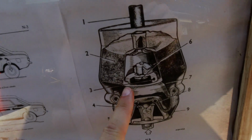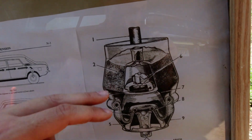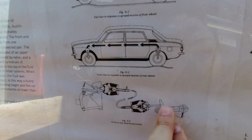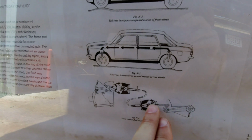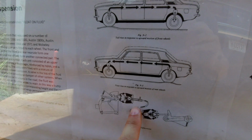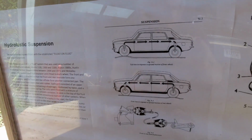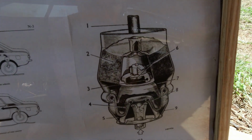Oh, we've even got a cutaway of a displacer to show you what's going on inside. So you've got the rubber springing at the top, fluid reservoir at the bottom, and this isn't to scale. That's the link arm from the rear suspension arm acting on the displacer. And you've got a fluid link between front and rear, so as the front hits a bump, the rear will rise, and it all sort of levels out and stops it feeling quite so jiggly as you drive down the road,